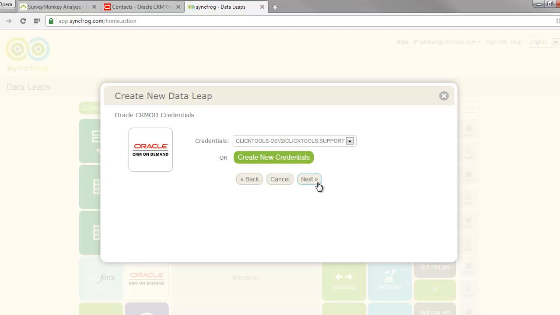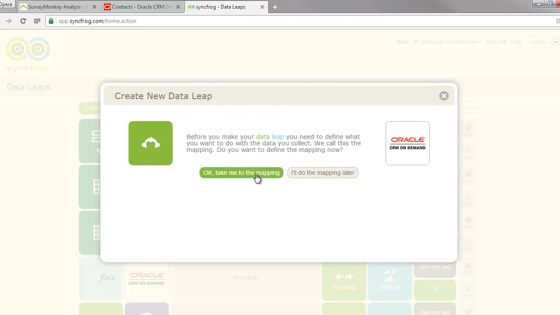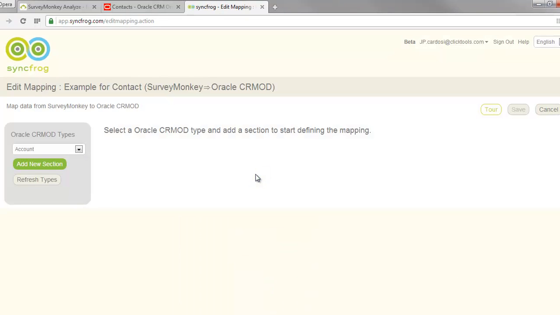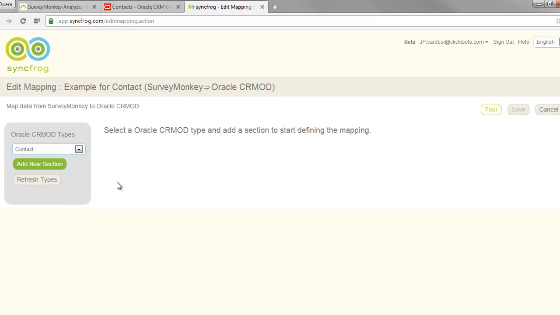Also, our credentials that we're using for Oracle. And we're going to say example for contact. And then we're going to click on create. And we'll say, okay, take me to the mapping. And the first mapping thing that we want to do is we want to create them as a contact. So I'm going to click on this drop down menu and we're going to say contact